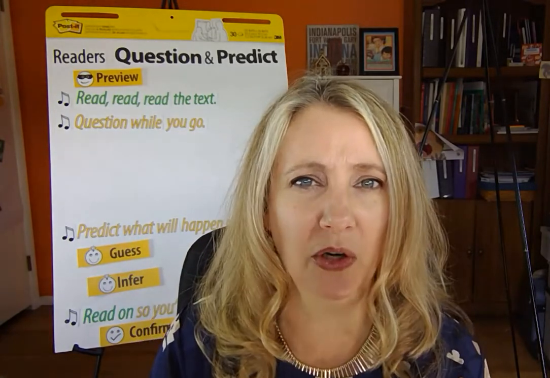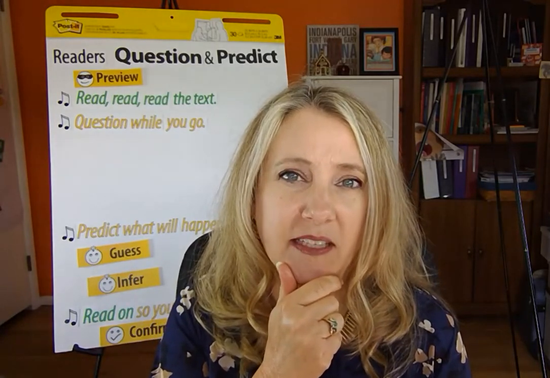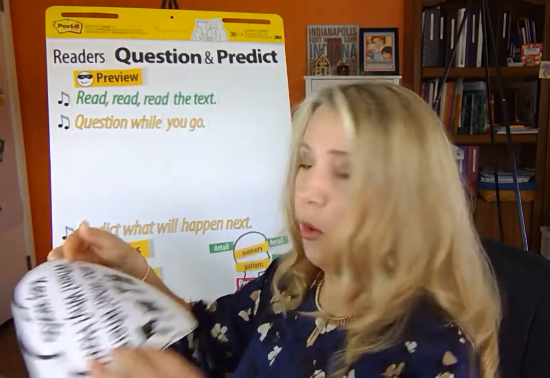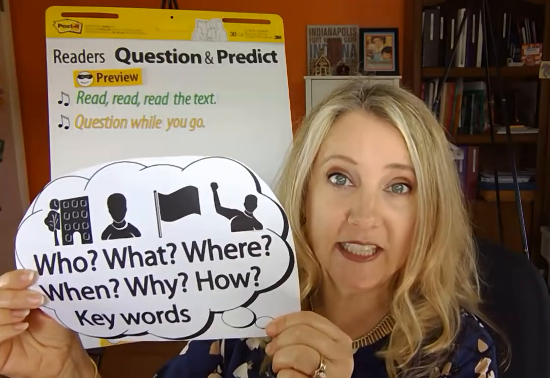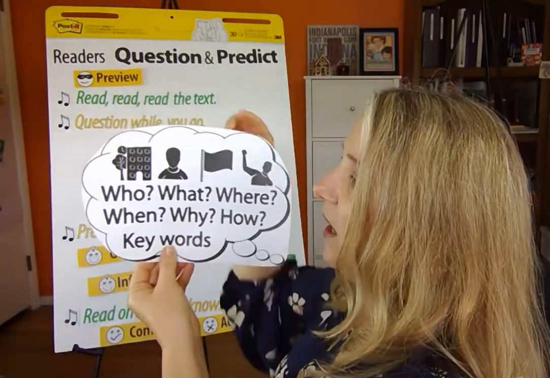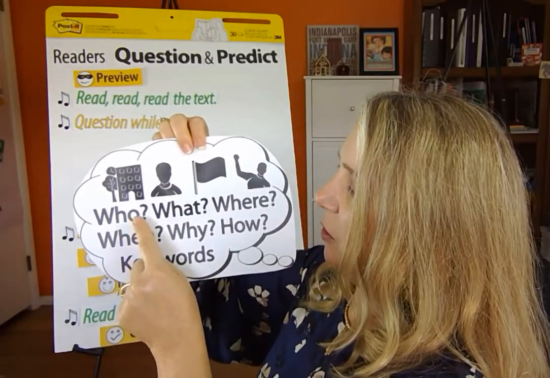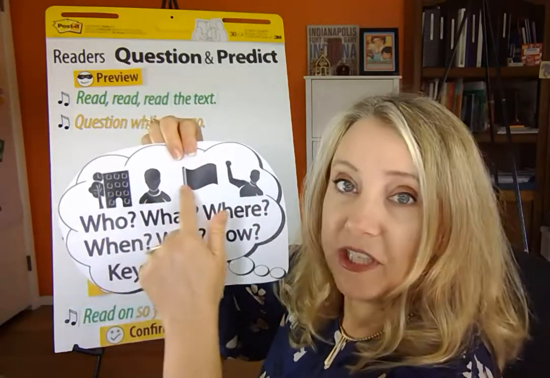How does that work? Why did that take place? Okay, so I want to show you that readers ask questions during the reading. Now, if you were going to read a story, what kinds of questions do you ask? Well, you ask a lot of these who, what, where, when, why, and how questions, but it's usually related to